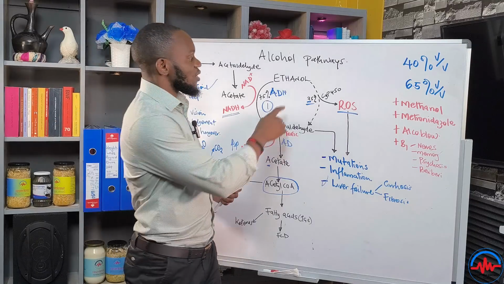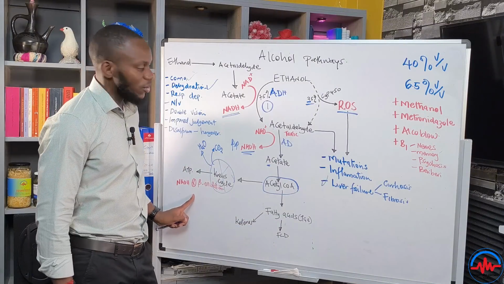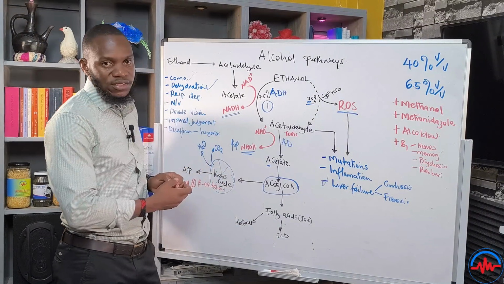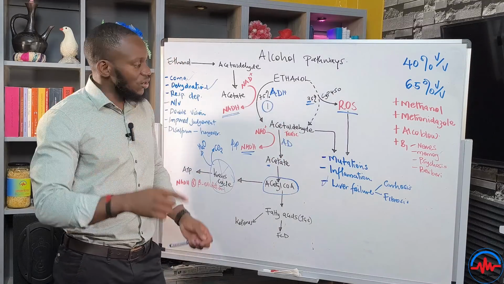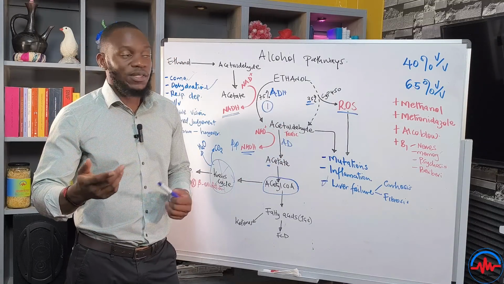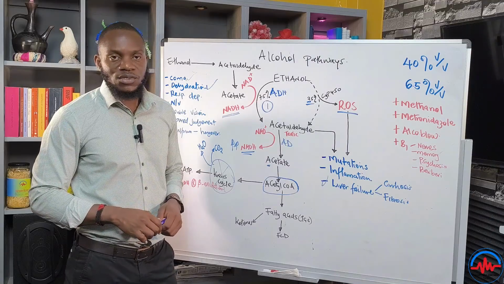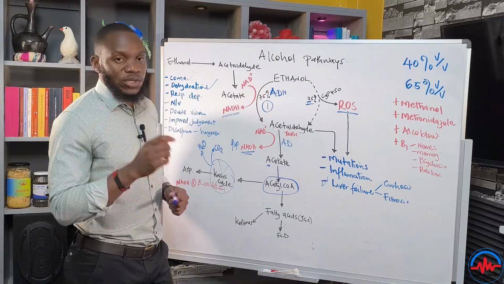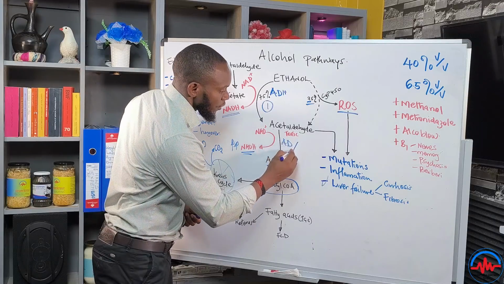However, there's a reason why you are told do not take Flagyl with alcohol, and that reason is this. You see this pathway that alcohol follows to get you all these problems, the end result is ATP or water and CO2 to exhale them out. Look at it this way. Flagyl, or there's also a drug called disulfiram, the one that was used to help people get out of alcoholism. But metronidazole comes and blocks this pathway here.